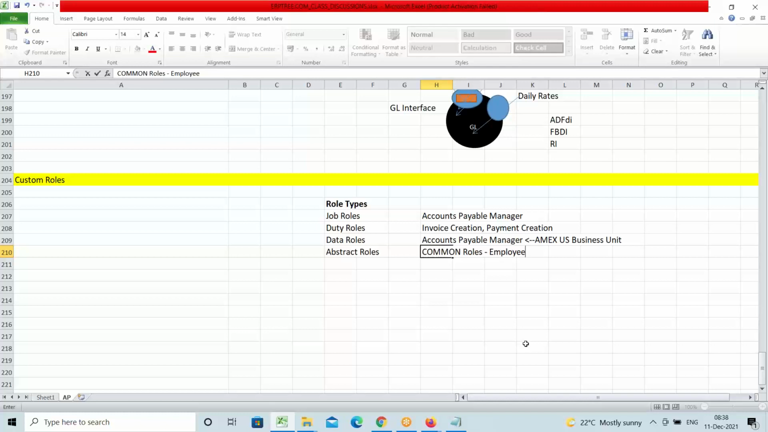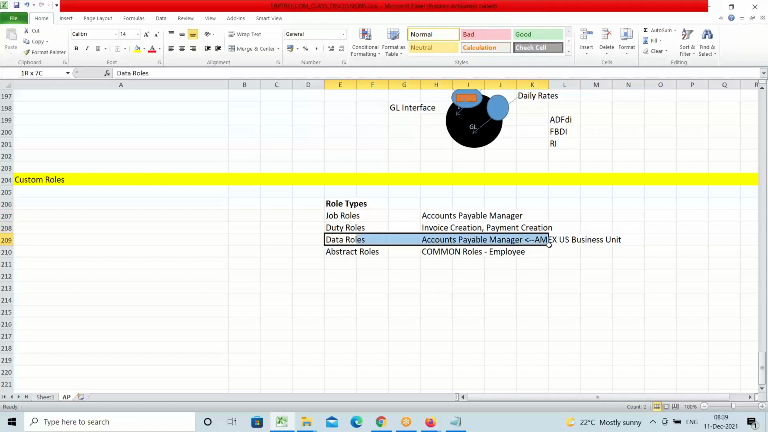Abstract role is nothing but a common role. The best example for an abstract role is the employee role. So these are the points we have to understand. So yes, in the latest versions we have job roles and duty roles. But when you talk about data roles,